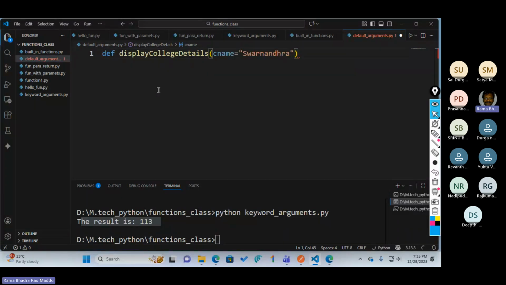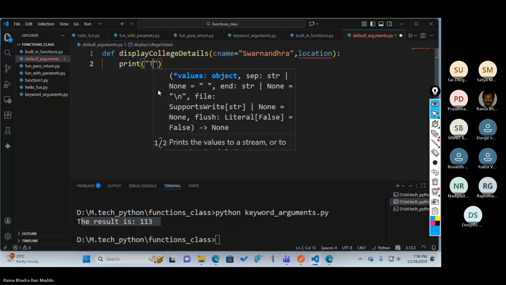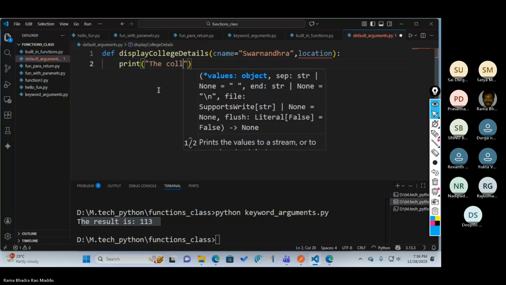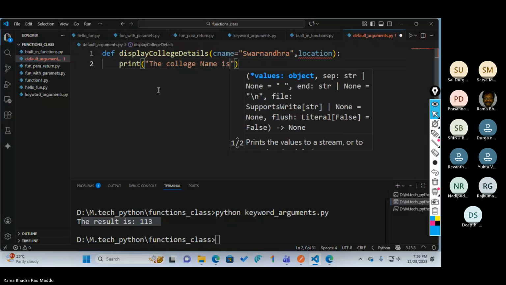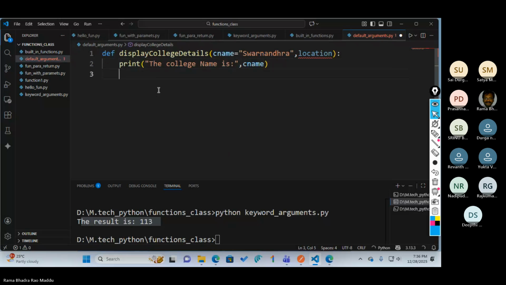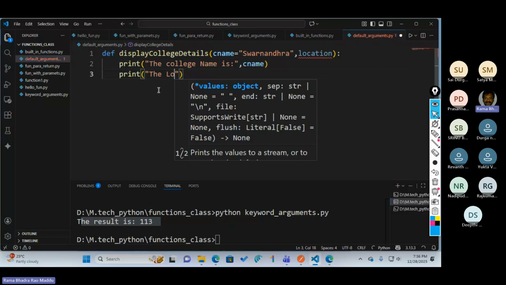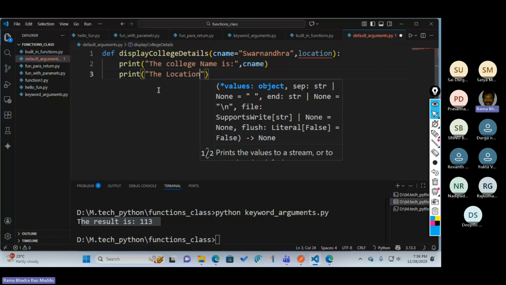It is nothing but a default. Location, I did not provide anything. Now I am simply printing here: the college name is cname and print the location is.